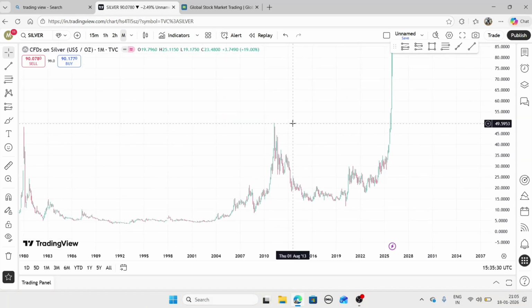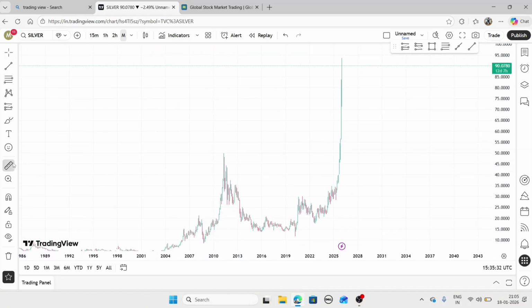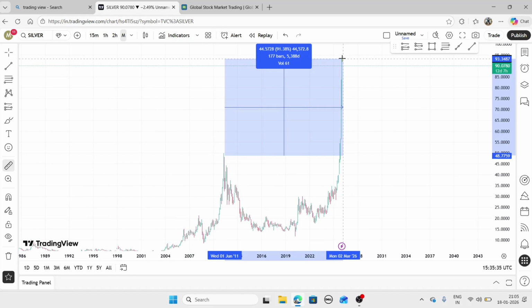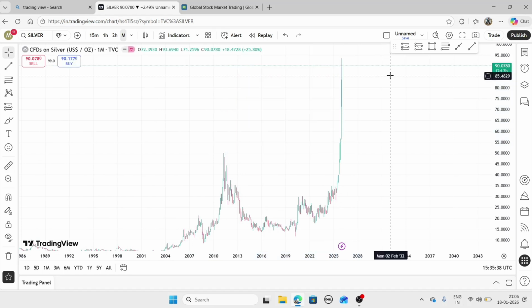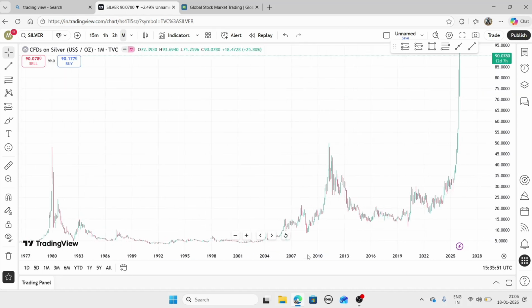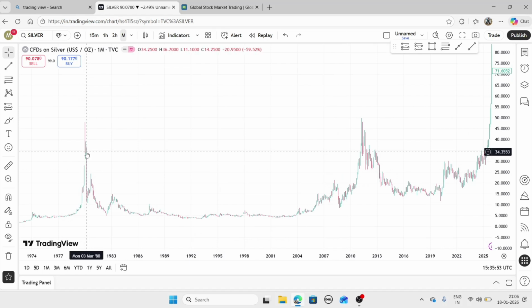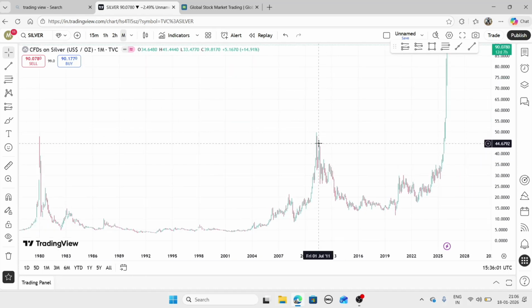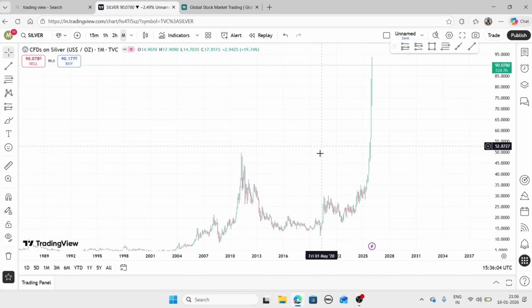But this time look at this, it is breaking all the resistance here. Compared to the previous all-time high, it is now up by 91%. You can see clearly that it is giving very excellent returns, but this time it is kind of different, it is strategic, we can say. If you look at the previous historical data, whenever silver met its all-time high, there was a reason behind that. Here there was a manipulation happening, there was a manipulation happening, but this time it is all about demand and supply.